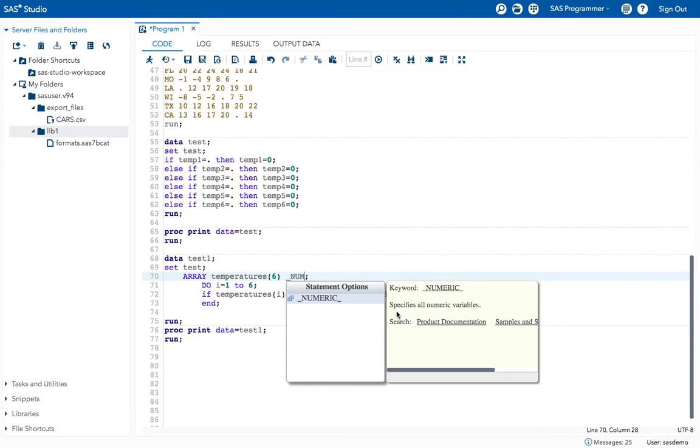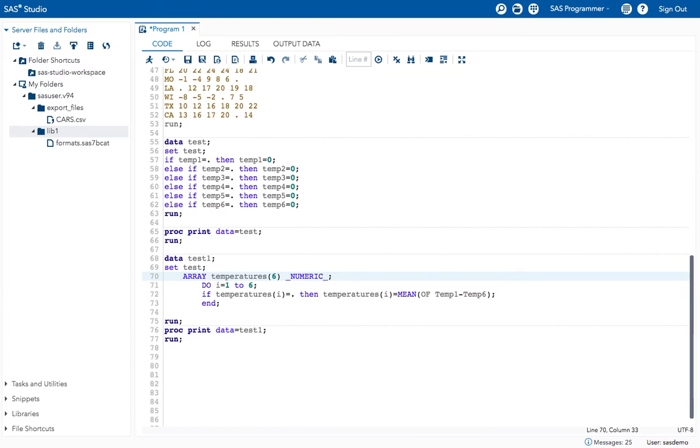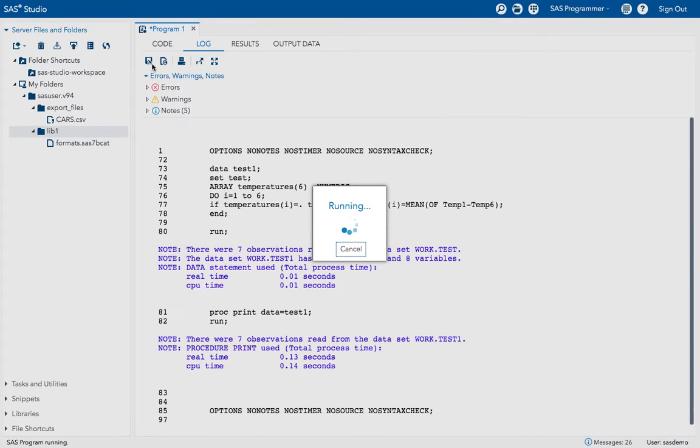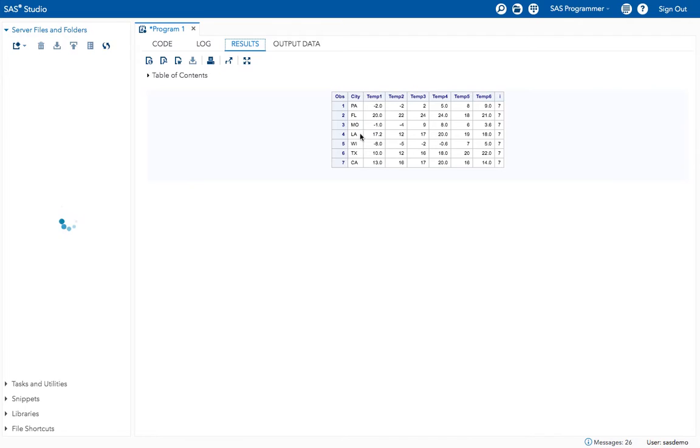That means it specifies all the numeric variables. So now it will give you the same output. See, still I got the same result.